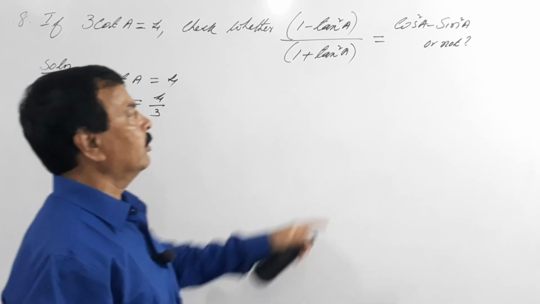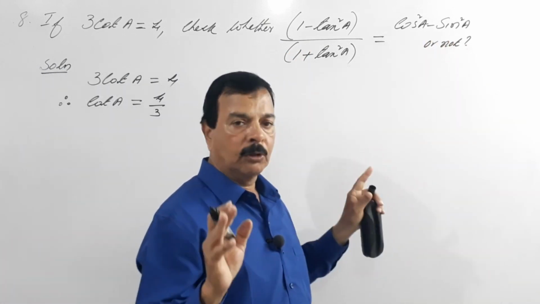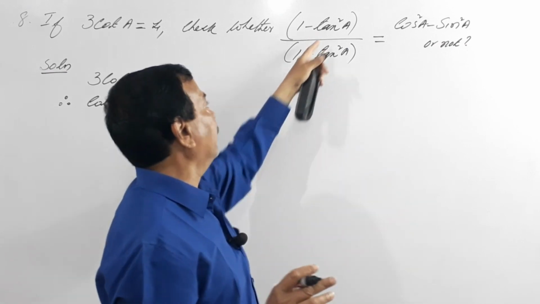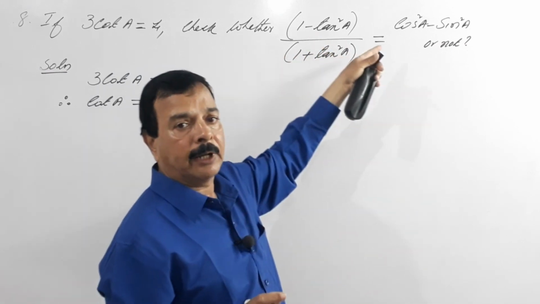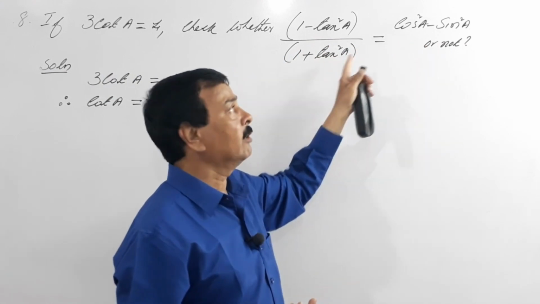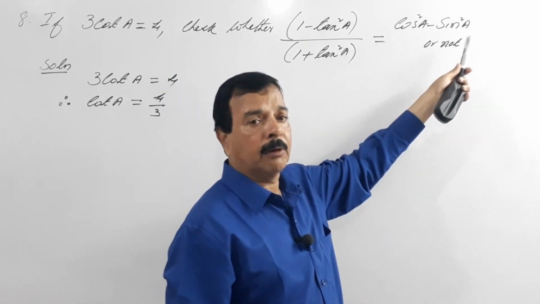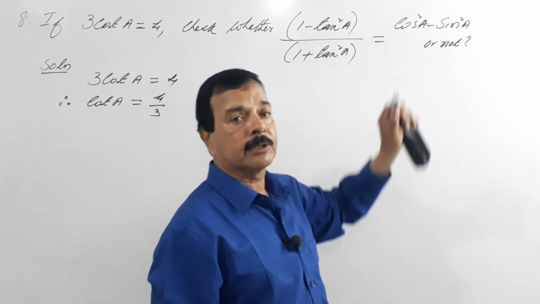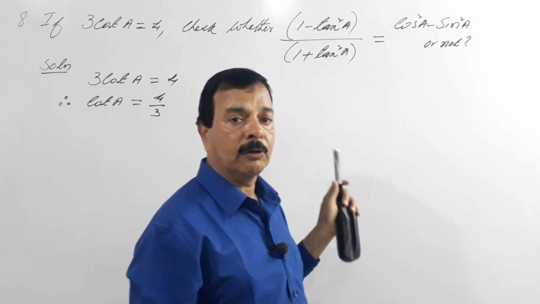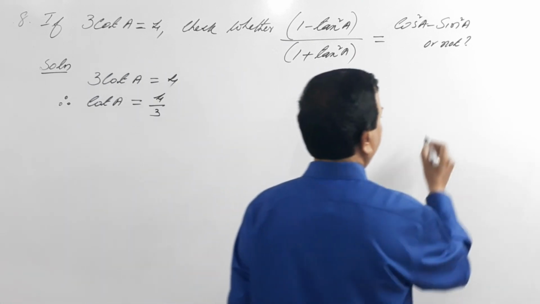And also you have to know the value of sine and cos. There is no other alternative, but as it is, cot is nothing but 1 by tan, we could have done it. But since he wants to check whether left hand side equals right hand side, cos square A minus sin square A, for this we have to solve using the Pythagoras theorem. So what we will do, first we will draw a